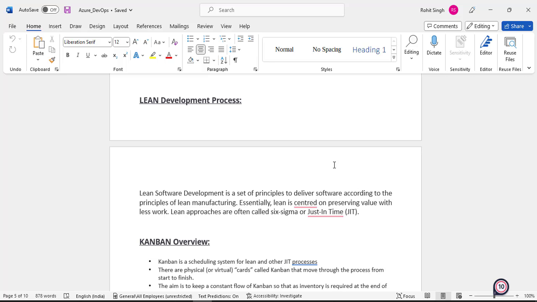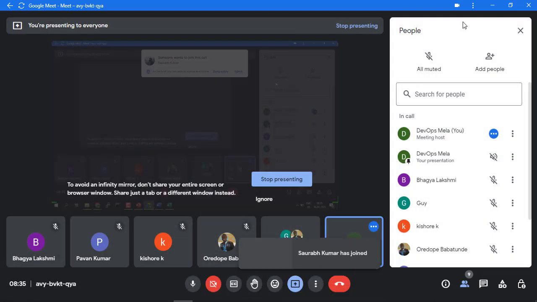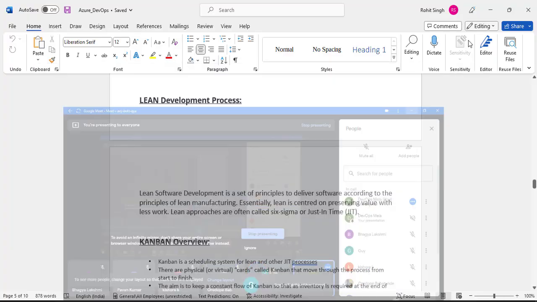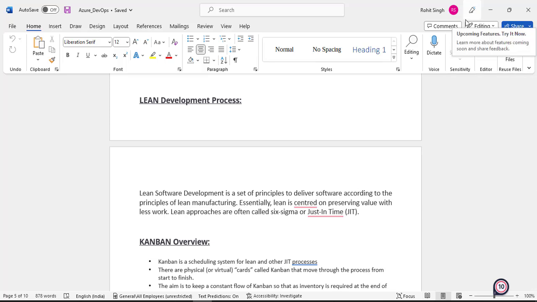So what they found out is that they are using some sort of lean manufacturing technique, a just in time process, through which they are able to do these things flawlessly. I'm not going in depth on what exactly the technique is all about, but using this technique they are able to deliver, manufacture and distribute the products flawlessly. That is what they found out, and they accommodated the same thing in software development during that time.